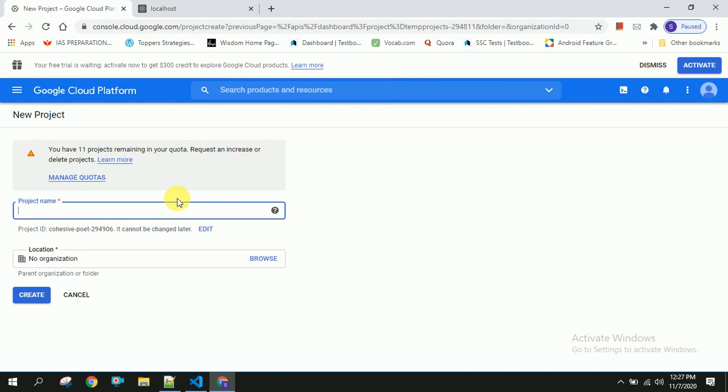With the project name as Google Maps key. If you have any organization, then you can keep that organization name here.